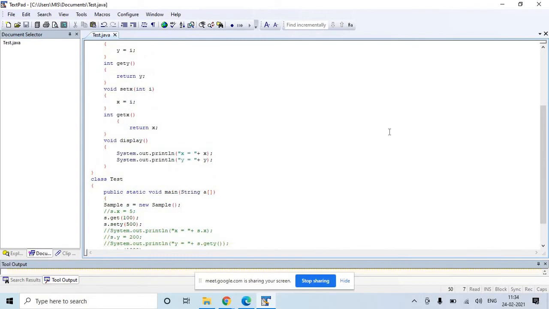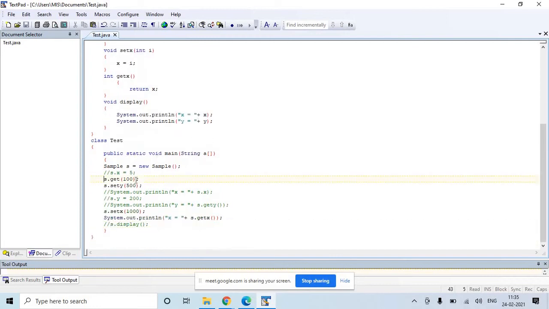For public, you have various ways of accessing it from within the class and outside the class. Here as well you can access it, like this you can access it. But still, if you want to write a function, you can write the function. For private, if you want to access it outside the class, there is no other way than writing the getX and setX functions, the get and set functions.